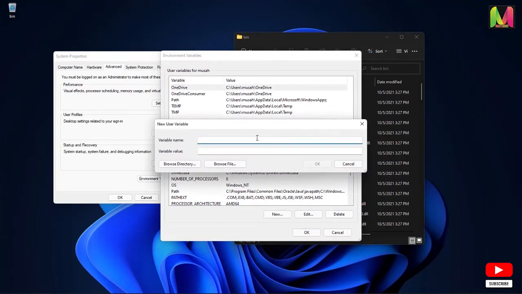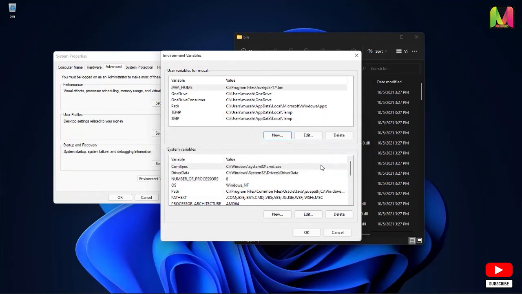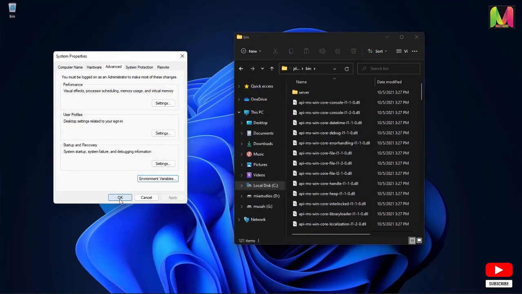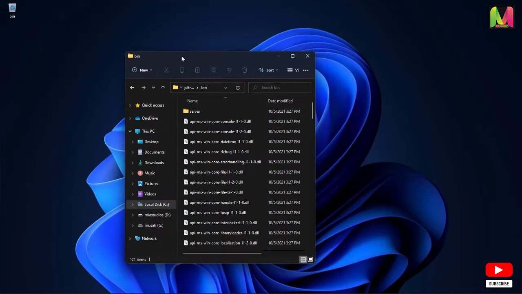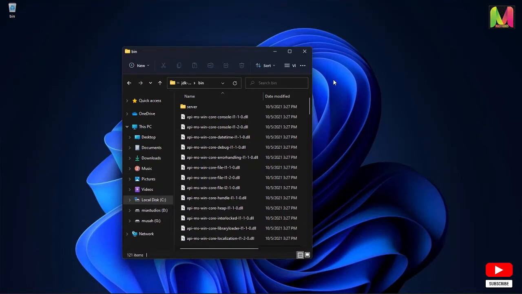Create a new environment variable and name it JAVA_HOME, all in caps, and then paste in the copied path in the value and hit OK. Now you can hit OK, and then